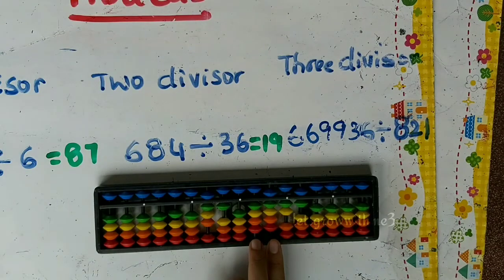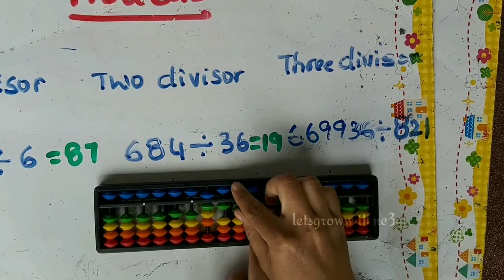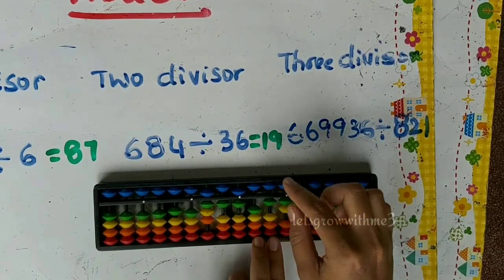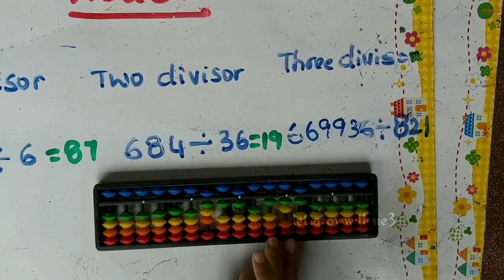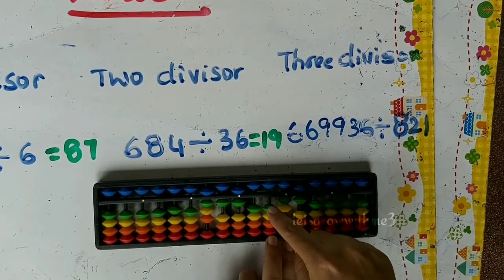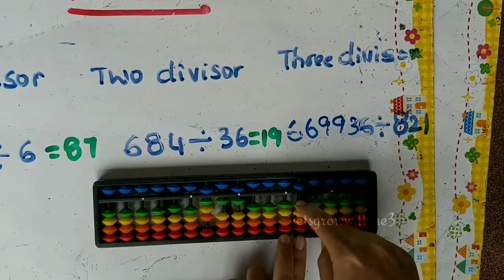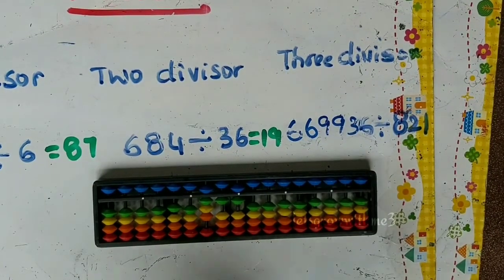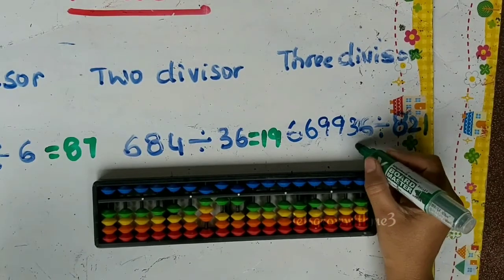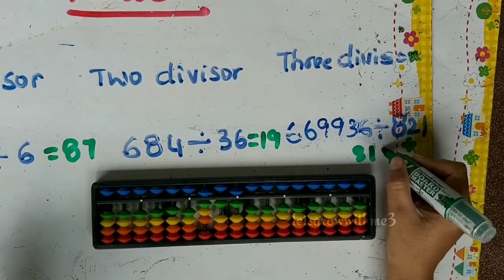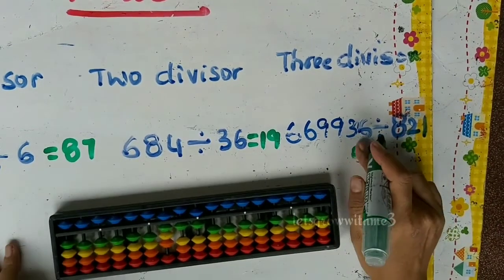49 means how many times? 8 6s are 48. We consider 6, because we have 49. So I removed 48. Then 6 times 2, which is 12. So remove 12. Then we have 6 times 1, which is 6. So we need to remove 6. So that's it. We removed all the different values, means which is 0. The remainder is 0. Then the answer is 816.